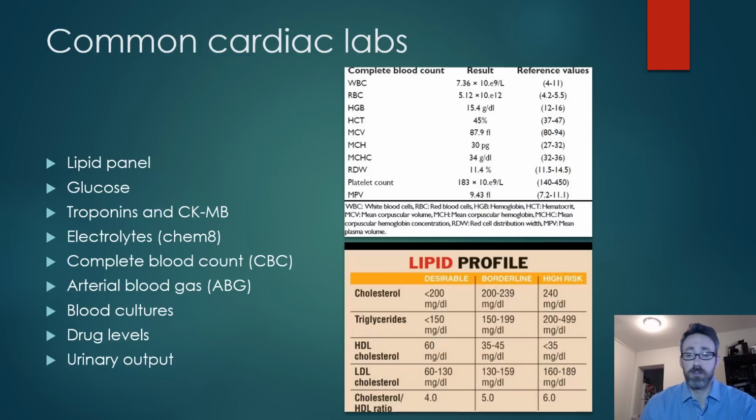Complete blood counts to figure out whether or not we have an anemia going on. White blood cell count if there's an infection, like an endocarditis type picture. ABGs might be necessary to evaluate oxygen levels and pH. Blood cultures, again, if we're thinking maybe something infectious. Drug levels to assess therapeutic levels for something like maybe digoxin or an overdose of some sort. Urinary output: in cases of heart failure, urinary output may go down. In cases of shock, their urinary output might go down. So these would all be things that we're going to see as we go, that we're going to use as